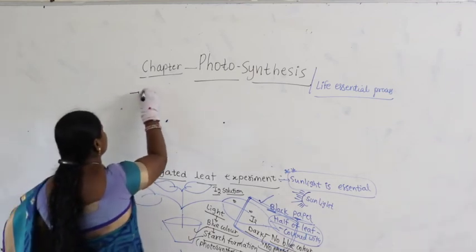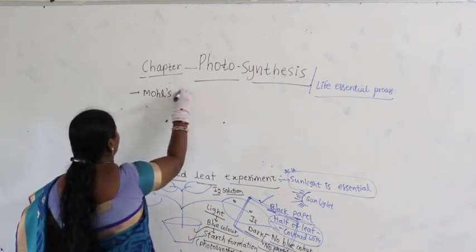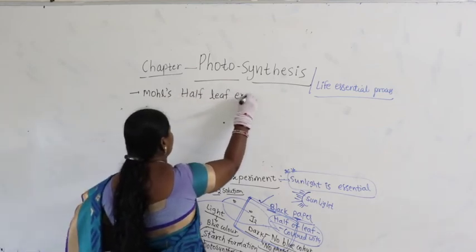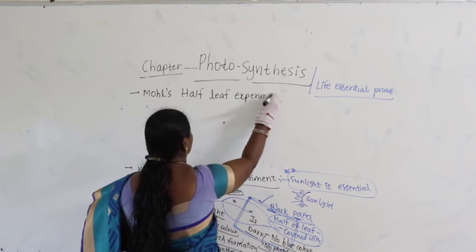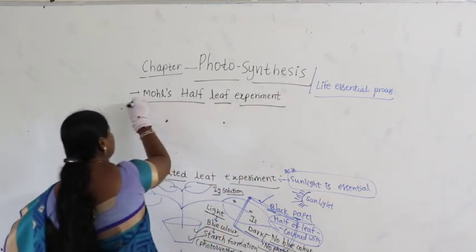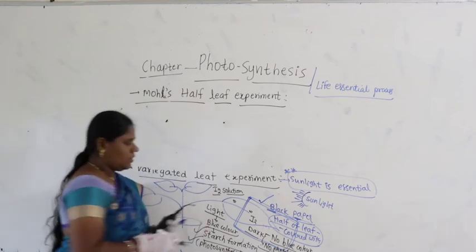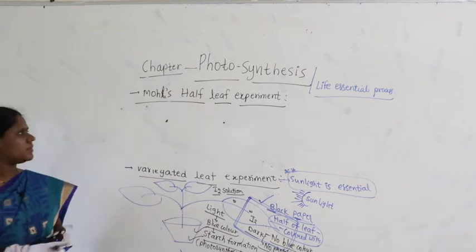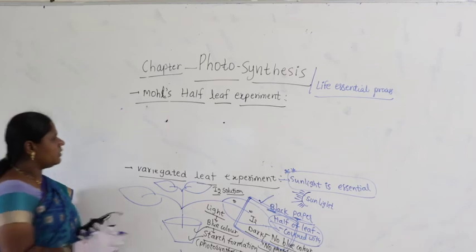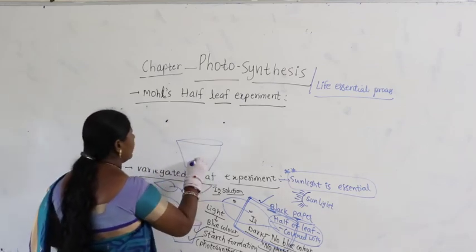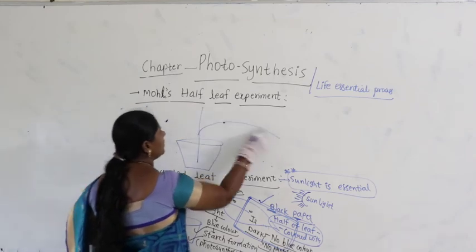The other one is Moll's half leaf experiment. Okay, so this is Moll's. Now, what is this Moll's half leaf experiment? Again, they took a potted plant, and here half of the leaf